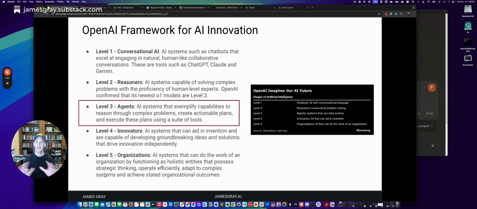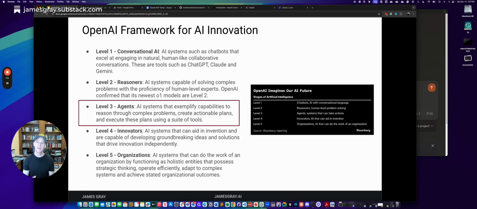And I like this framework from OpenAI, these different levels of maturity around capability. For those of you who are using ChatGPT, Claude, Gemini, you're really using it in level 1 and level 2 use cases, where we're collaborating through different mechanisms, back and forth Q&A, more conversational. Again, that could be voice as well, but they're not actually taking action for us for a specific task. And that's really where agents come in.